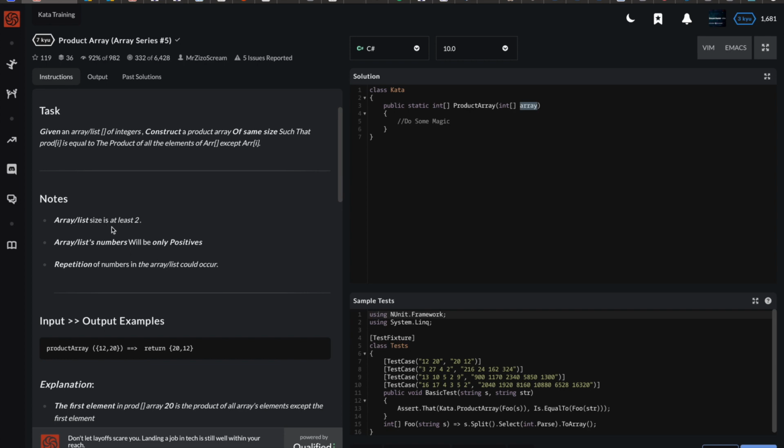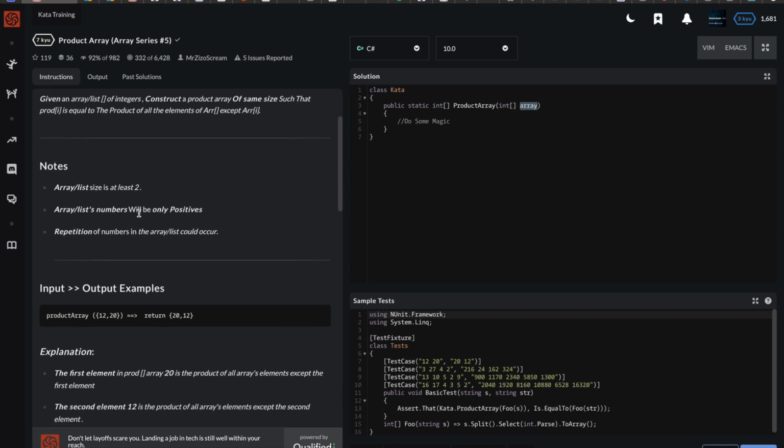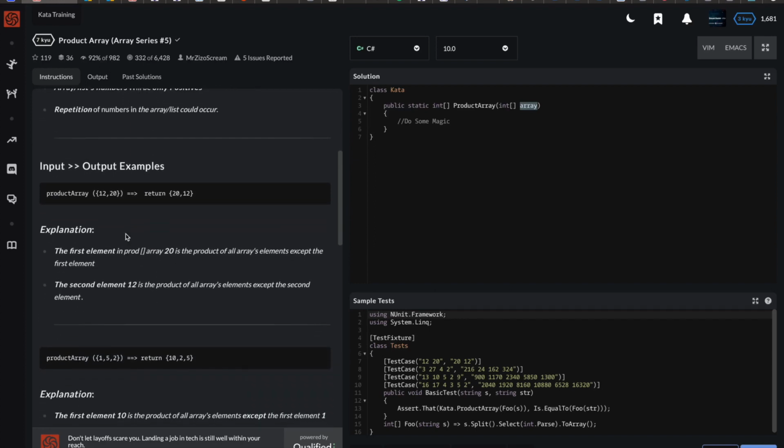The array size will be at least 2. Numbers will only be positive, and repetition of numbers could occur. Fine. So they've got this